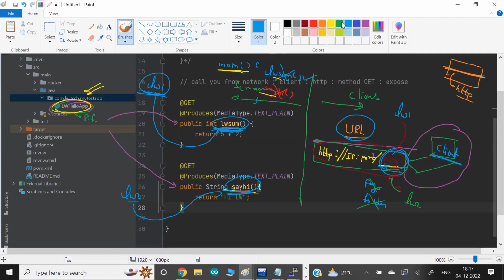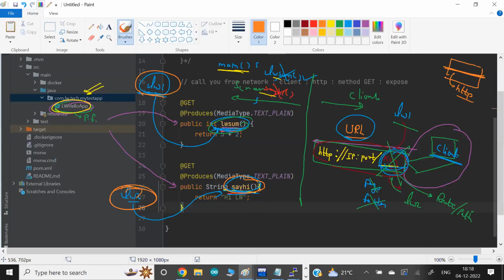This key is not actually known as a key. This key is known as a route. Sometimes it is also known as a path. But you know the route. So if somebody types route LW1, we'll call this function. If they type route LW2, we call this function. Again, it's not decided by the client. We decide and we give it to the client. So we will decide our route name LW1. We decide our route name LW2, or mapping name LW2. And this information we give to the client.